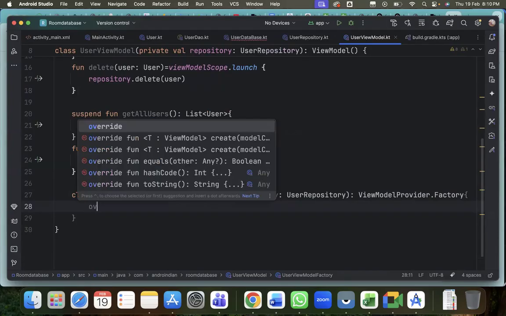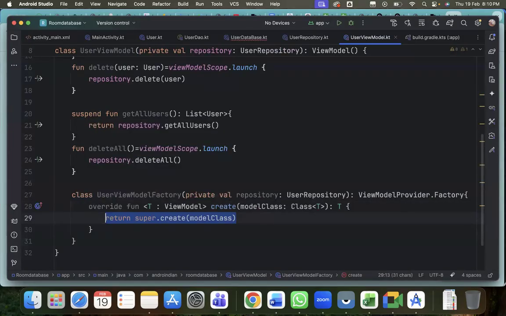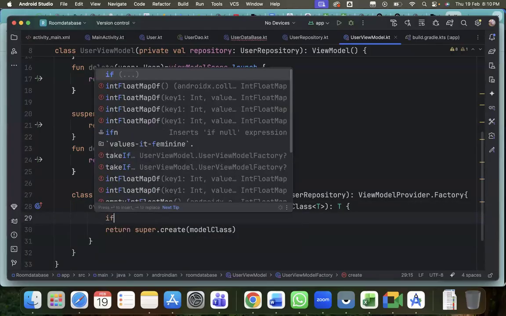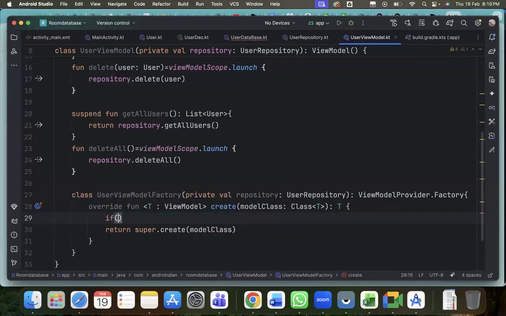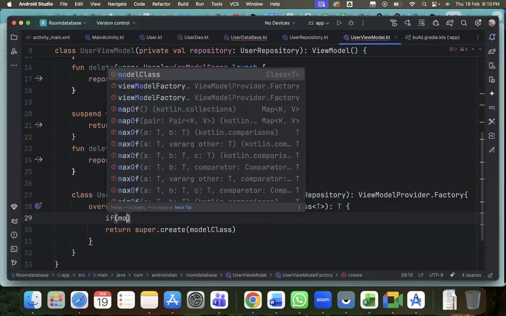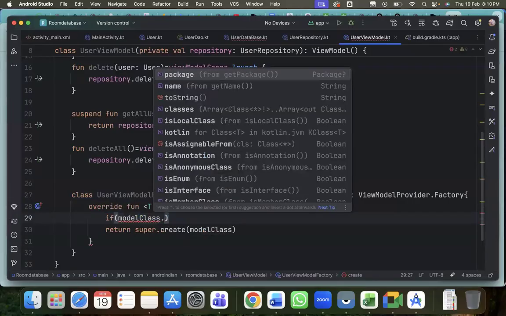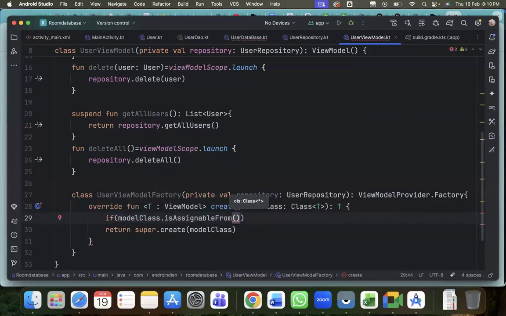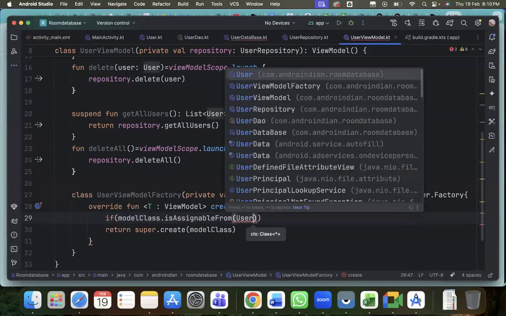For this, we have to create a ViewModel class, that is a function. So that create function we have to call here. This is the create function we have called here. Within this, here we have to handle an if: modelClass.isAssignableFrom. Where we are assigning, we are assigning from the UserViewModel, right? UserViewModel